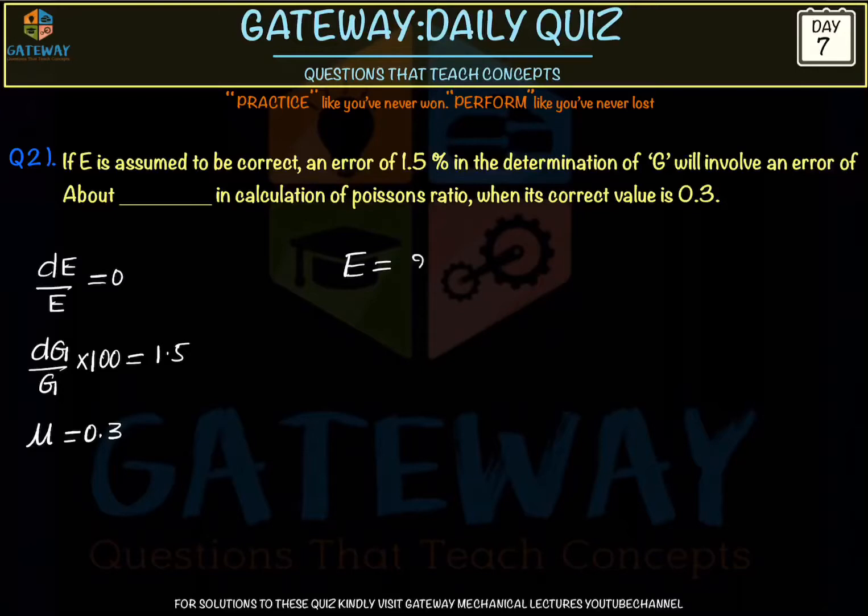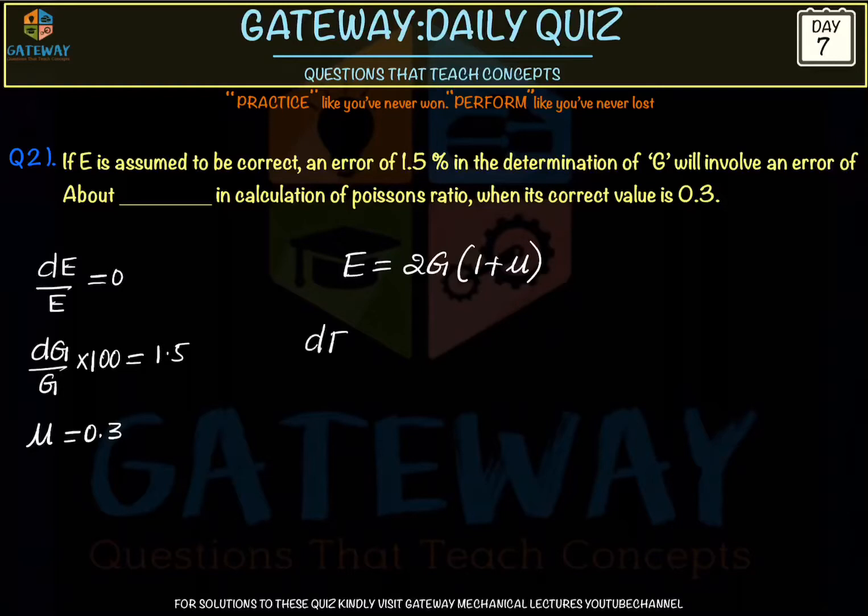E is equal to 2G into 1 plus mu. So every time wherever you see the question of errors, you follow this simple method. Just differentiate on both sides, assuming each and every value as a variable. Don't assume any value as constant, each and every value as a variable. Then you will get